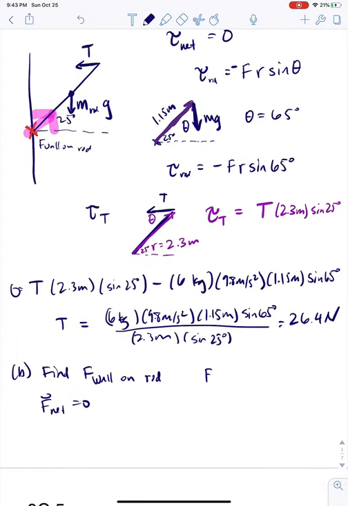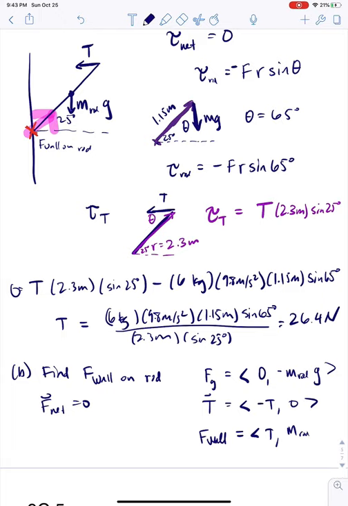So our force from gravity on the rod is 0, negative m rod g. Our tension force is negative T, 0. Negative sign because it's in the negative x direction. And our F wall then is going to be T, m rod g, because they need to sum up to 0. Okay. So our force vertical is